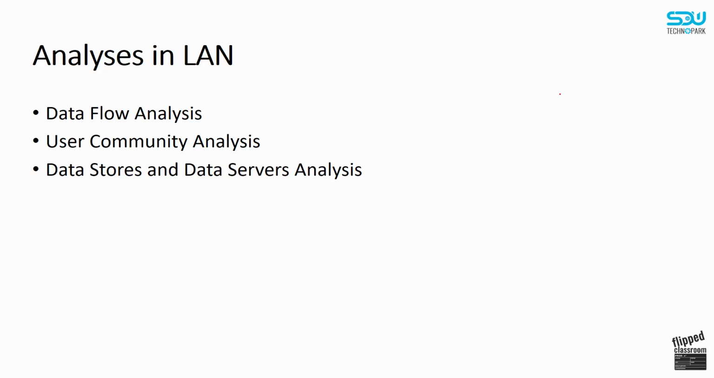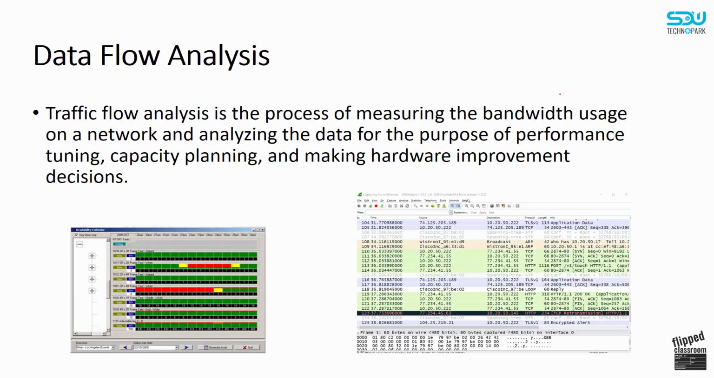And now it's time to take a look at analysis in a local area network. We have 3 main analyses. They are data flow analysis, user community analysis, and data store and data service analysis. Data flow analysis is one of the important analyses which we have in the network, which provides us the ability to measure the real speed of the network, so that in case you have an organization and in your organization you have a topology like this,